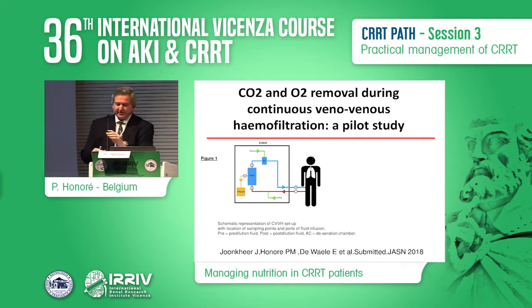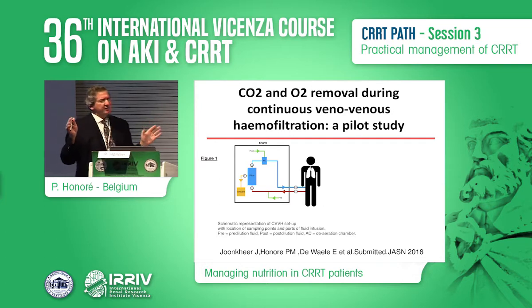Then 10% is something. And we thought, well, probably it has something to do with the bubble trap. We see so many bubbles going to the bubble trap. No, it's only 10% of the losses. 90% of the losses are going through the filter. So that's really very interesting, because it's the first time that we are able to really